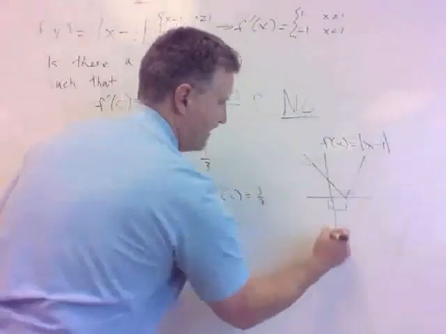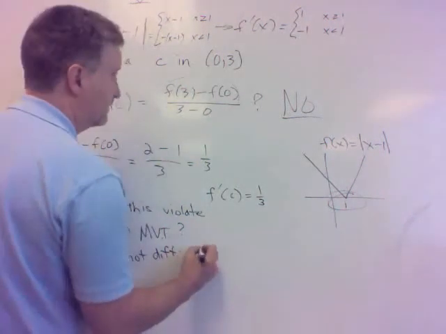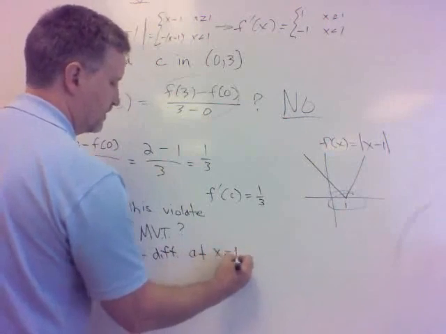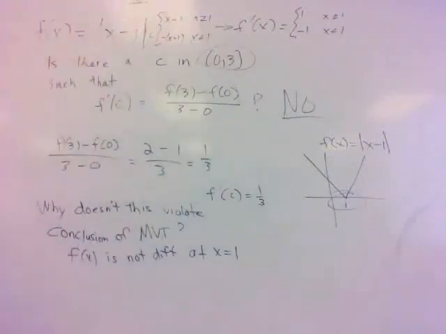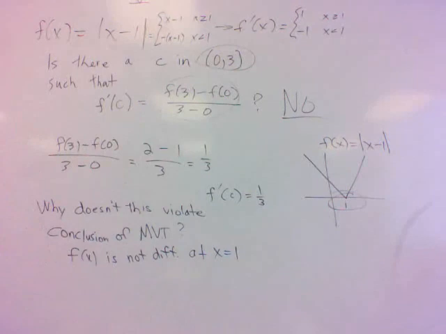However, what is that? Corner? What do we got at corners? Not differentiable, right? So it's not differentiable at x equals 1, which just so happens to be right in the range there. So yeah, if there's anything that doesn't work, whether it's one of them or two of them or whatever hypothesis, if one of them's broken,